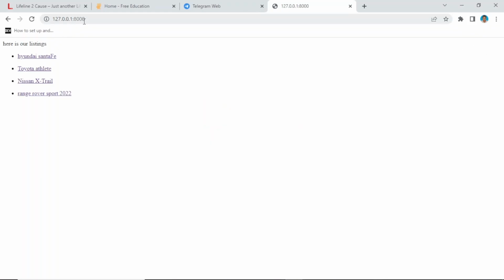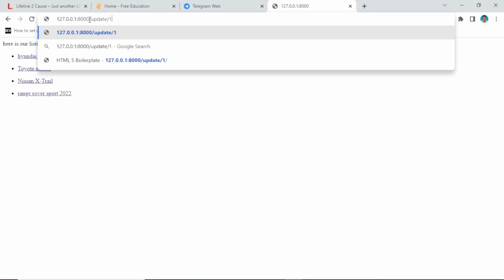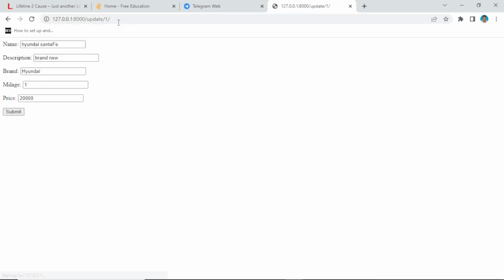So we have our listing here. If we go to update, and then pass maybe ID 1, so update the listing ID 1, click enter. As you can see, we have the Hyundai Santa Fe, and the description is the instance that we have populated in this particular listing. Now let us try to change here. Instead of brand new, let us say it is used,